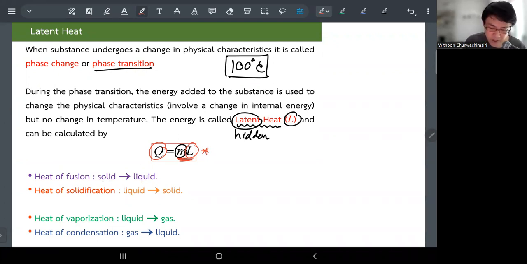If you have solid turning into liquid, you can call that the heat of fusion. And if you go the opposite way, if you want to turn liquid into solid, that is going to be the heat of